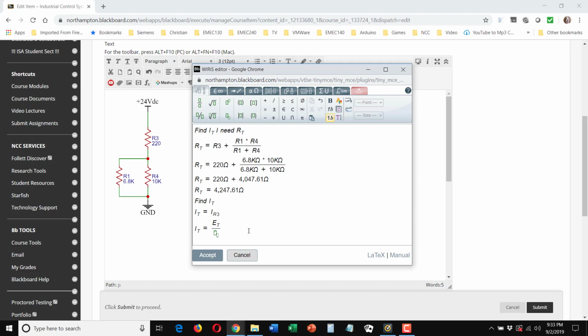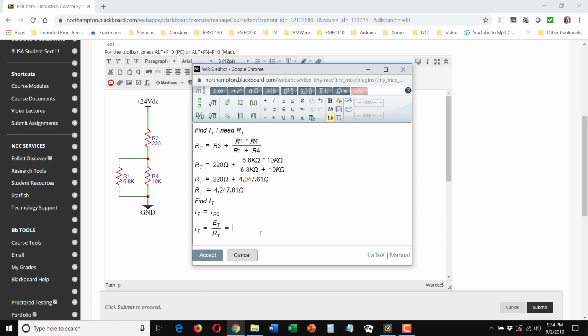Over R total. Arrow to the big cursor. And instead of doing another line, because this is a small equation, I'm just going to space equals space, and